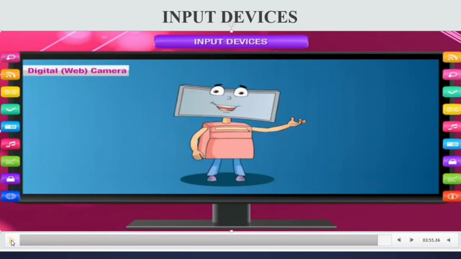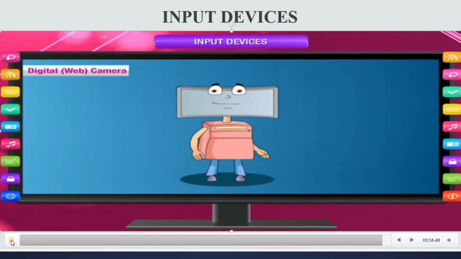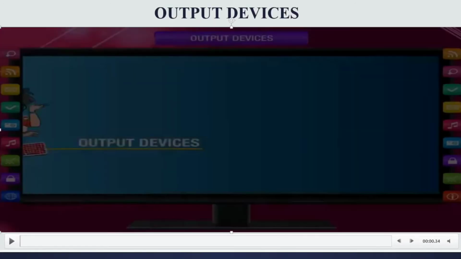There are different input devices that are used to communicate with the computer, to enter a letter, to draw, to record voice, to enter pictures. So we use different input devices to communicate with the computer. But the mostly used input devices are called what? Keyboard and the mouse.